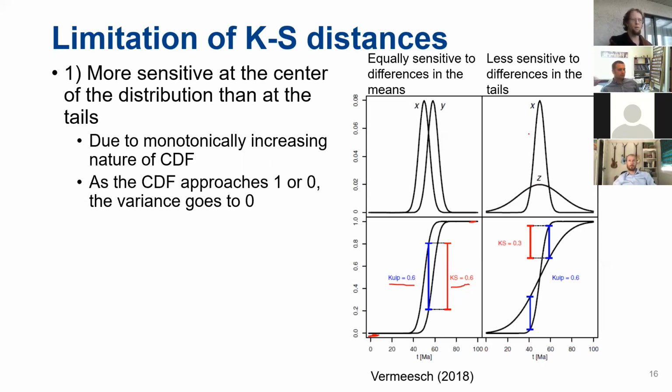But if you're looking at differences in the tail, so here we've got PDPs or kernel density estimates, I guess PDPs here, where the difference is in the mean. And again, note that the KS and Kuiper are equally sensitive. Here we've got the same mean, but differences in the tails, so a wider distribution for this function z than for the function x. And the Kuiper distance, that V value, is more sensitive than the KS